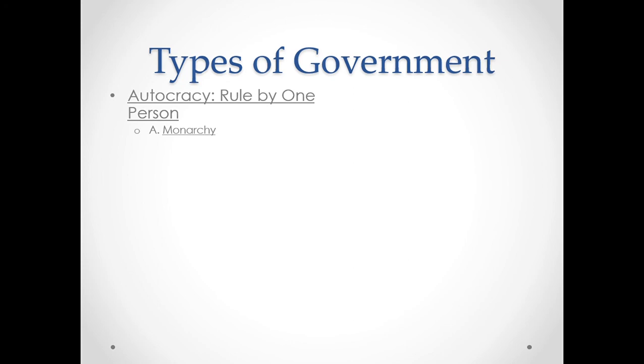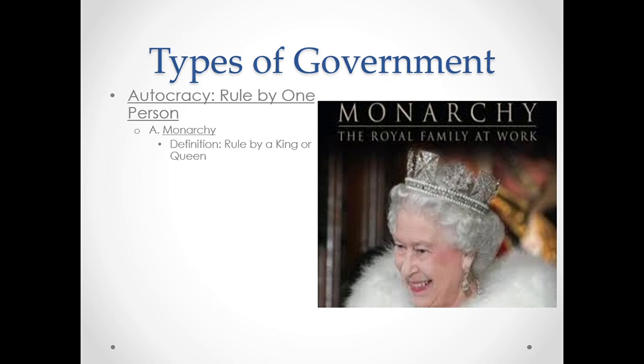So first off, we have monarchy, and a monarch is the queen, the king. It's something that you come into power by being born into the family. And I think the most obvious example is Queen Elizabeth II of England, who is probably the oldest living woman on earth and will most likely never die. But there are quite a number of kings and queens in various African countries. There's a few in Southeast Asia. It's not so much a common type of government anymore. A lot of places have switched to some form of democracy, which we'll get into later on.